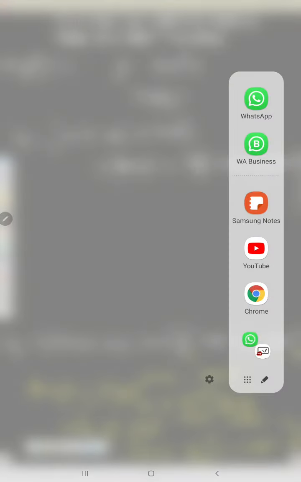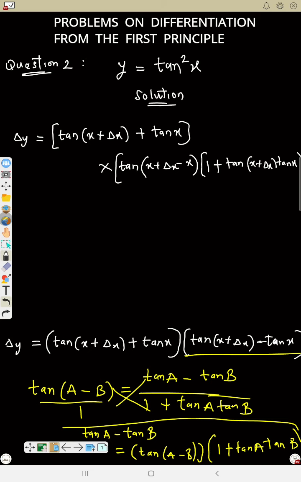So that's what we have next. Because a is x plus dx and b is x, that's what we just replaced here. Check it. So now next step,